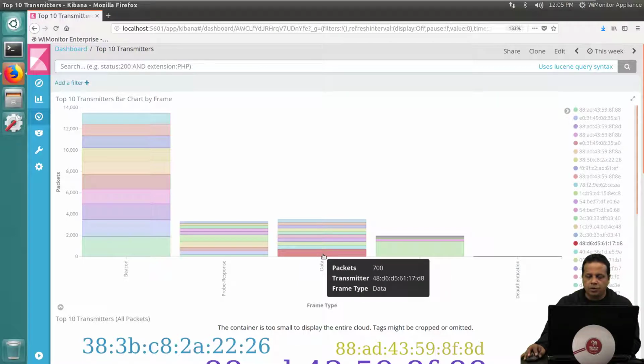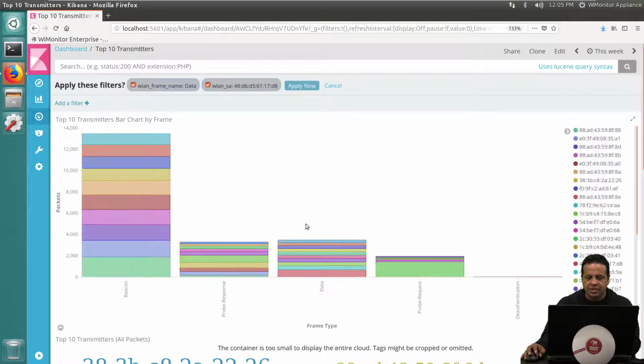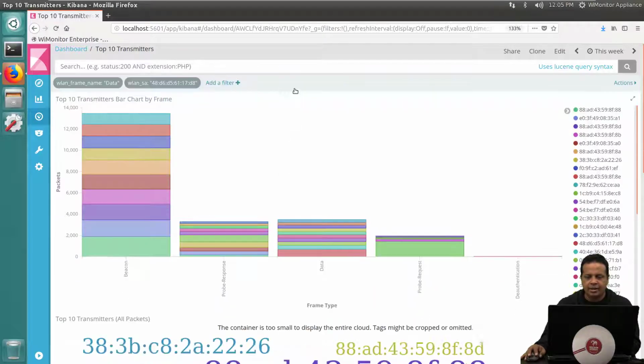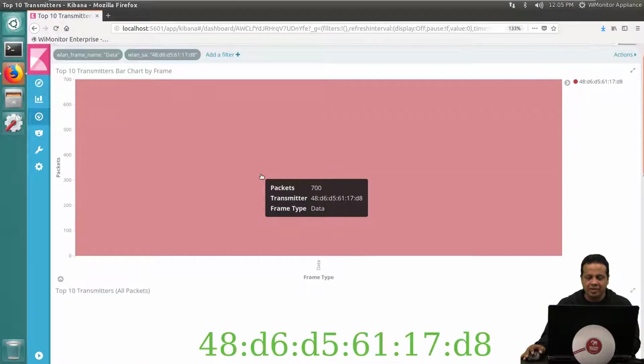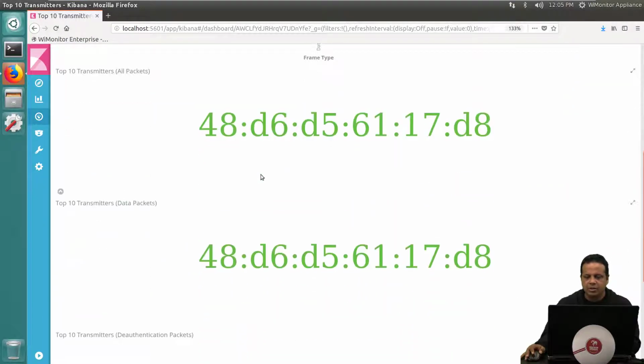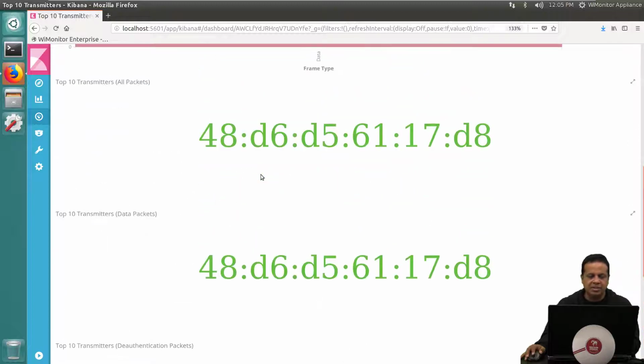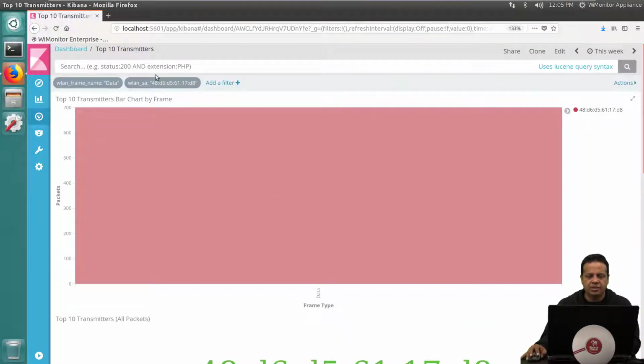So I could, of course, go ahead and click on this. The moment I click, filters get added. I can hit apply now. Now we only see the data frame. We can go down here. Nothing much to actually see, but again, you can apply filters and you can pin them and then see the actual frame. So we could actually pin both of these,